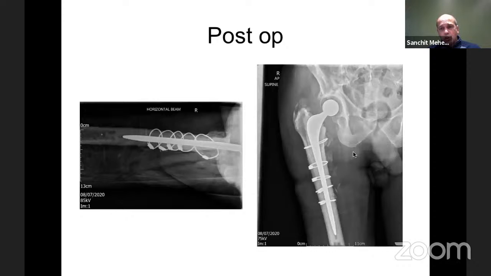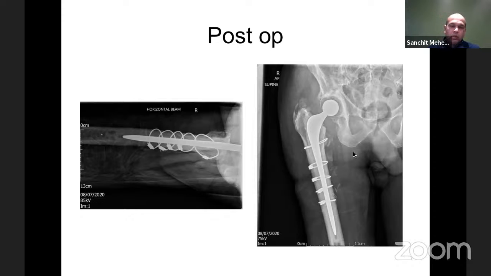So in this case, we chose to go with a long cemented stem, and this is the Exeter stem. Again, it restored the tube, but the advantage was that the stress riser is distributed a bit, plus the fact that we didn't have to take all the cement out meant that we could get away with a quicker operation. As you can see from the date, this is a fairly recent fixation. We did not have to change the cup, did not have to supplement it with a plate.